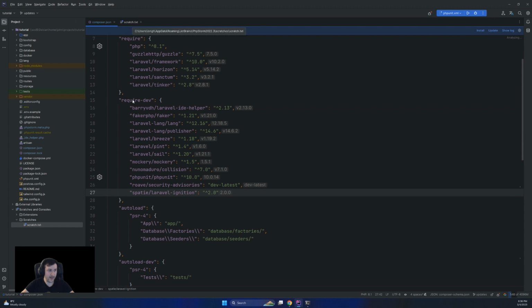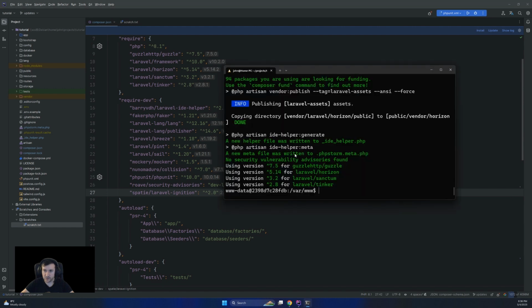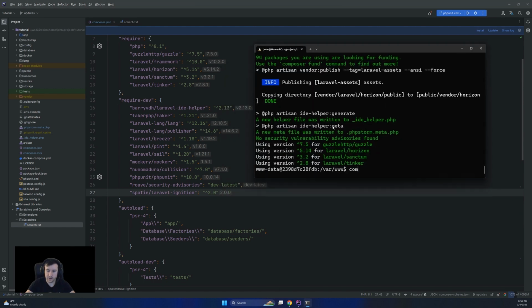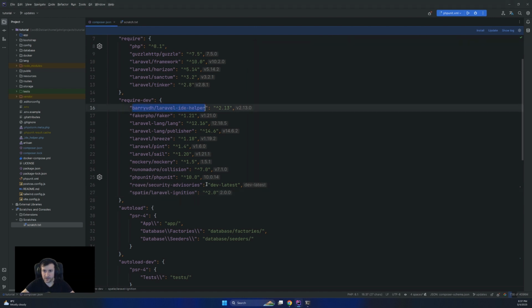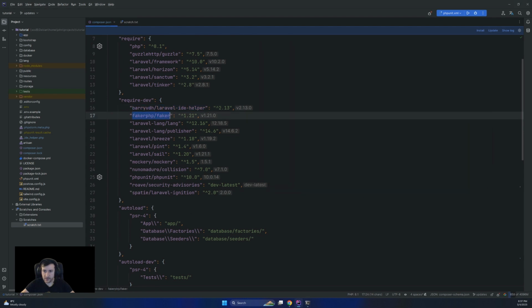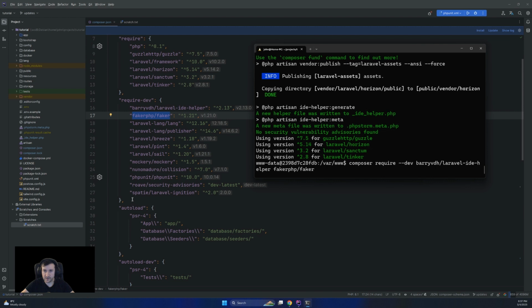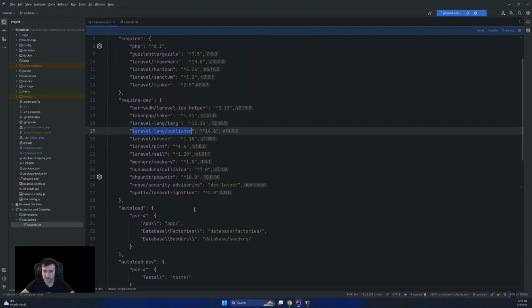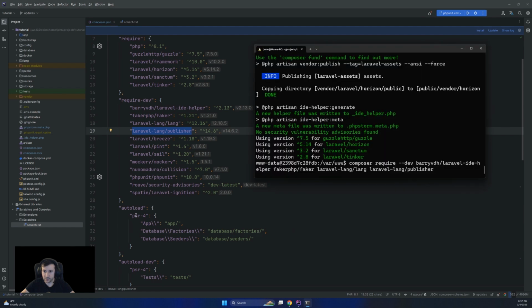Actually, if you don't have PHPStorm, there's one other way to do things, I'm gonna do it so you can see. I'm gonna start typing composer require --dev, and then I'm gonna paste them one by one. So it will be Mockery, Faker, and all of them one by one with a space between them.